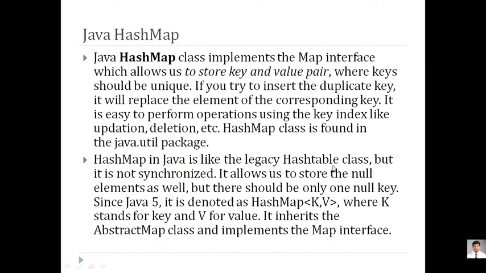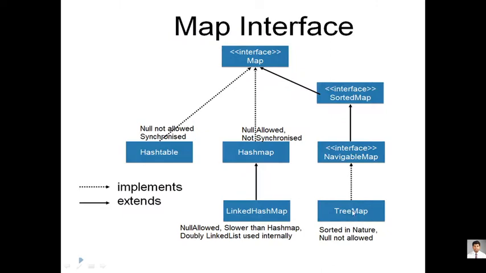The second most important thing about this is that, as far as null values are concerned, null keys are not allowed. Null values can be added, but null keys cannot be added in this tree map. Keys cannot be repeated. A tree without any key cannot be added. There is a key and there is a value element whenever we are adding any element, so it should have a key and it should have a value.